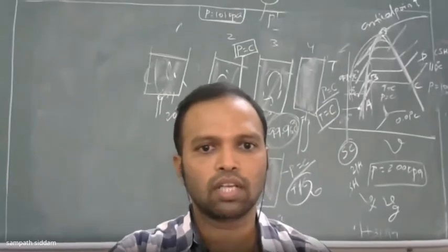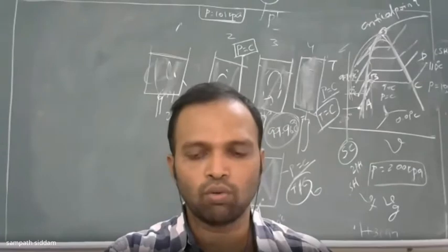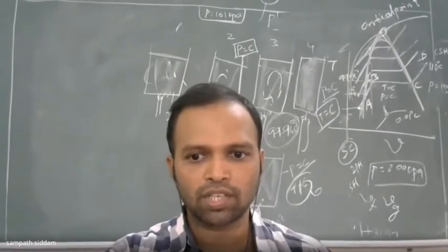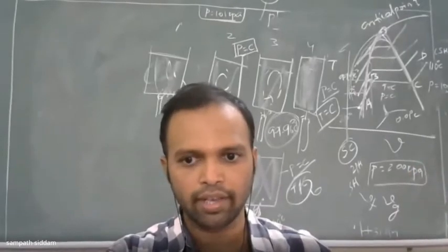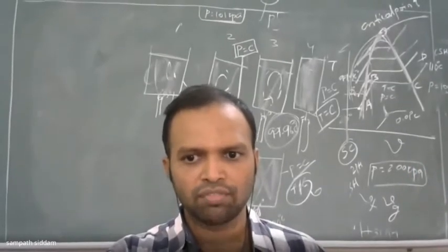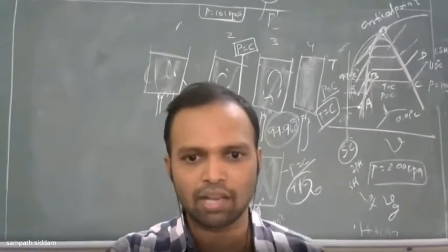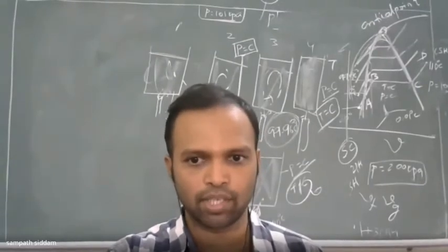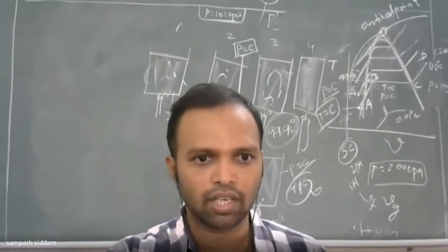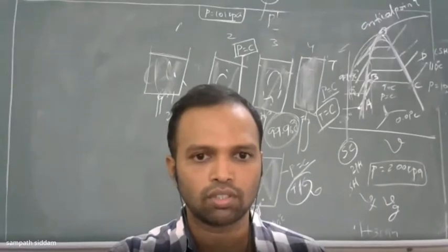So coming to the slides here, the process 1 to 2 is at a fixed pressure of 1 atmosphere, which I told you is 101.3 kPa. This is your state 1, where your temperature was usually 20 degrees Celsius. I'm heating continuously. See, from state 1 to state 2, it is saturated liquid. This is saturated liquid. Okay, before that, there are some small definitions to understand. I'll show you what this is.